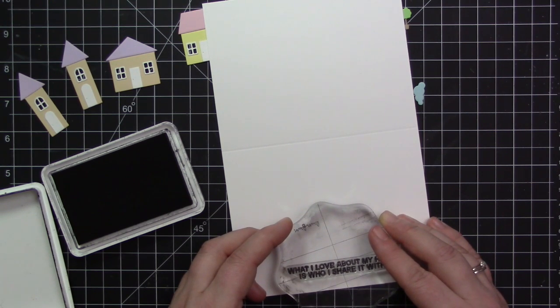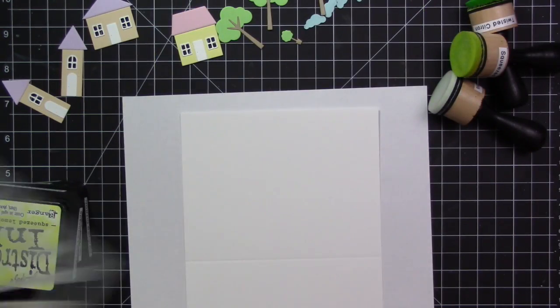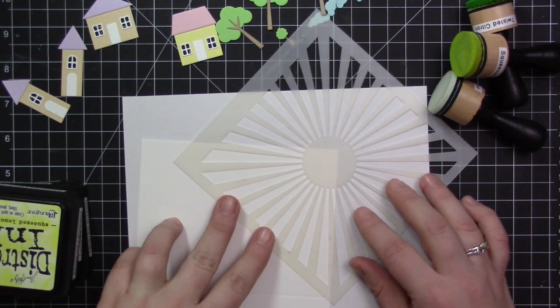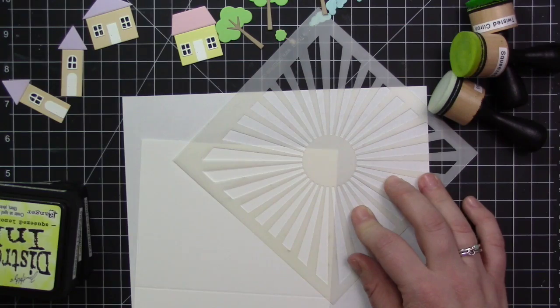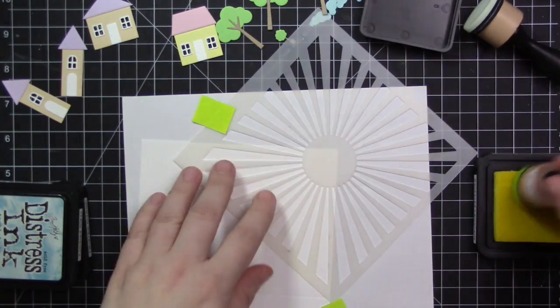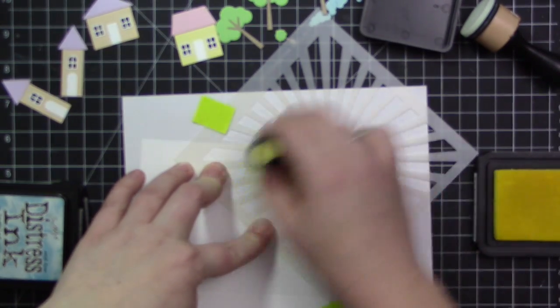And keep in mind this is still fully open, so this is going to be the bottom area of the card when it opens. And then I want to add some ink detail up at the top area, which is going to be the background of our little scene that we're going to create with the houses. So I've taken the radiating ray stencil once again, and this time I'm adhering it up to the top right portion of the card. And I'm just taking some yellow ink this time and adding ink right through that stencil